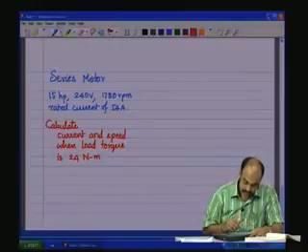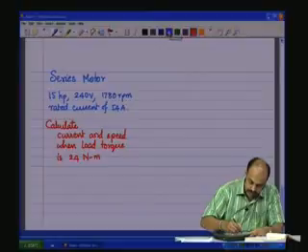Let us further say that there is a torque speed curve and a torque current curve which is given for the series motor,